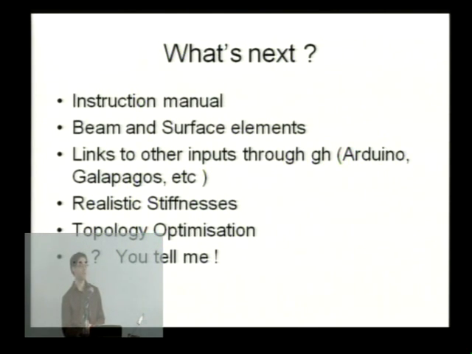Not done it yet, but I think evolving things which are actually being affected by real-world physical forces could be something fun to do. The biggest technical hurdle at the moment is realistic stiffnesses. Everything so far has to be a little bit like jelly. It's all a bit bouncy, and you have a control for the stiffness of materials, but as you increase the stiffness, it sometimes will cause it all to explode. Then you can get around it by slowing down the time. But there's a lot of maths behind that, it's a big challenge to work on.